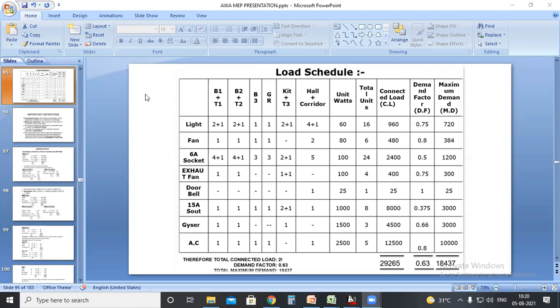Total load. For the hall plus corridor, you have mentioned it as 4.485. I just want you to calculate the lighting circuit only. Okay, no need to calculate the power circuit, just the lighting circuit alone, like 4 plus 1 light points in the hall plus corridor, and two fans, 6 ampere socket 5 numbers, doorbell 1 number. No need to calculate air conditioners and the 16 ampere socket. Just calculate the lighting load only, because anyway we need to separate the lighting circuit and power circuit. So here we are calculating the number of lighting circuits.